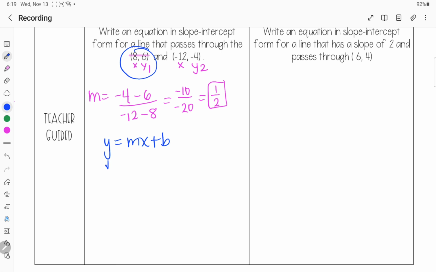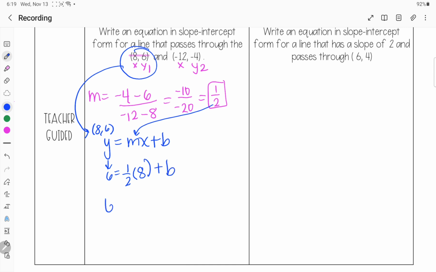My y value is 6. My m is 1/2 times my x value, which was 8. And I'm just going to bring this down here. 8, 6. And then now you can see the only thing I'm missing is b,